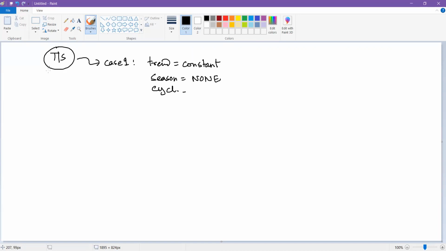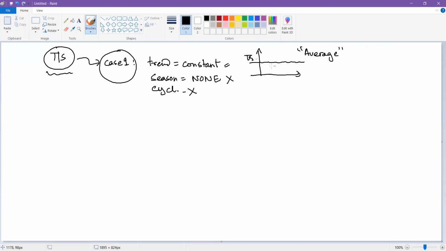So let's say I have got my time series data. Case one is where the trend is constant. So let's say the trend is something like this. I have no seasonality. I have no cyclicity. In this case, it is very simple. I can literally take the average, because it makes no sense for me to do any other calculations. The trend is really constant and there is no other component also. So this kind of operation which we do over here is known as simple exponential smoothing. This is as simple as taking the average.